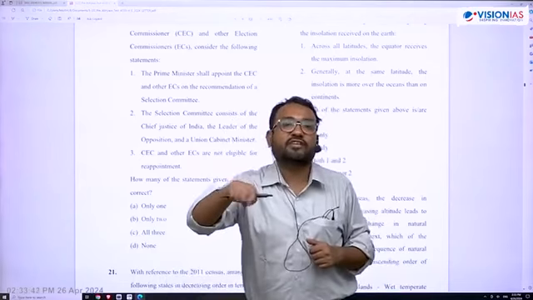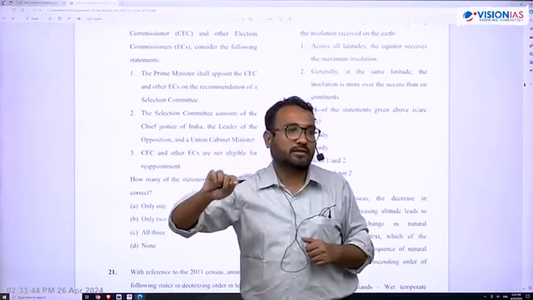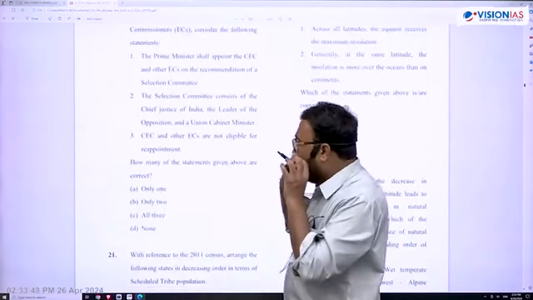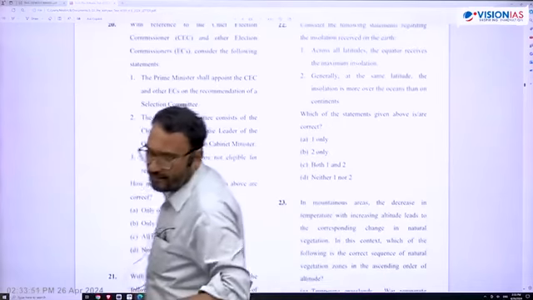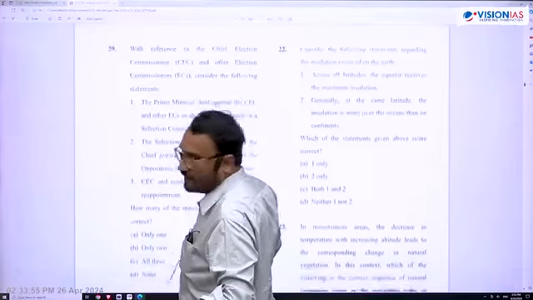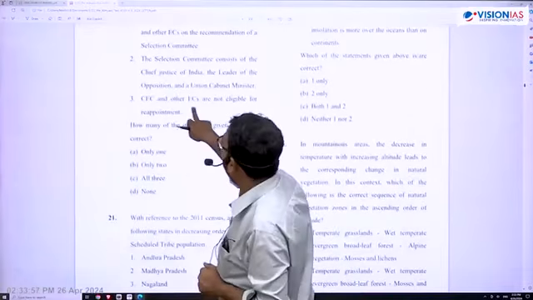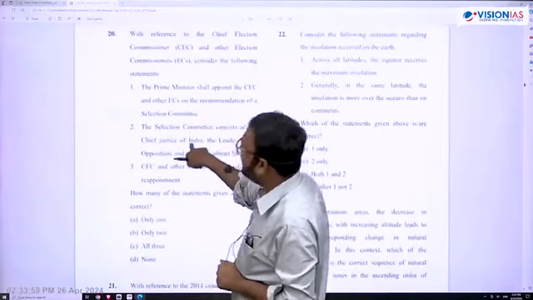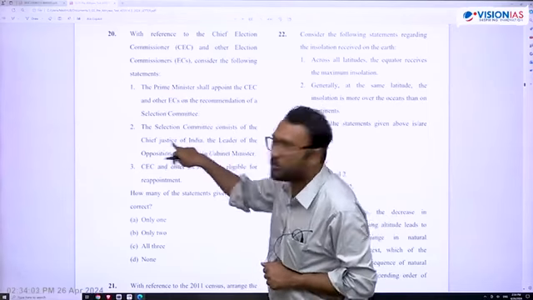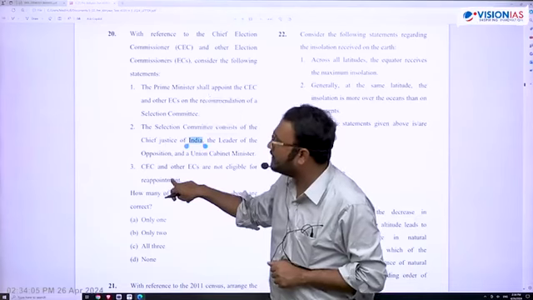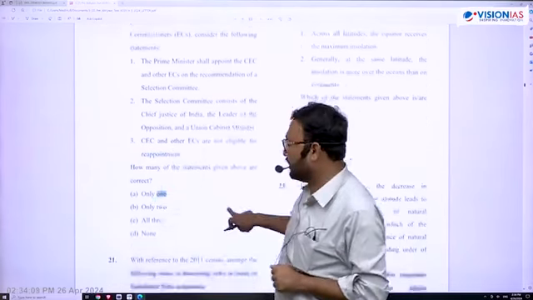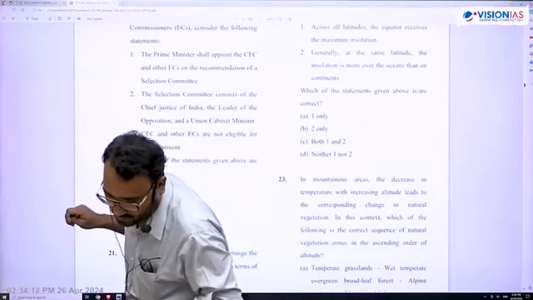Comptroller and Auditor General after retirement also cannot take a post under Government of India. So one statement is correct, so we'll settle for A. Which question? 20, hai na? So 20 we will settle for A. ये स्टेटमेंट गलत है, this statement is wrong because here it should be President, here it should not be Chief Justice of India. This statement is correct, so I will settle for 20 का A, that is only 1. Okay, next question we have question number 38.